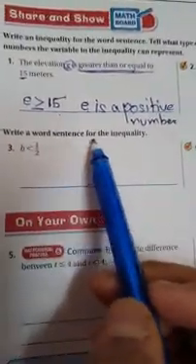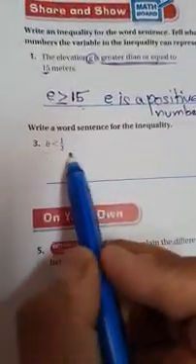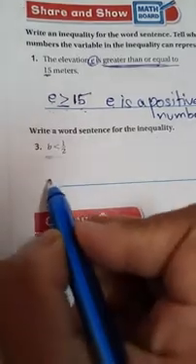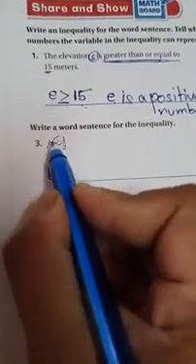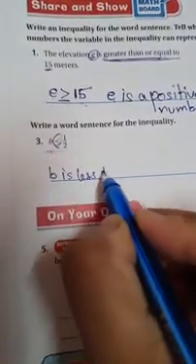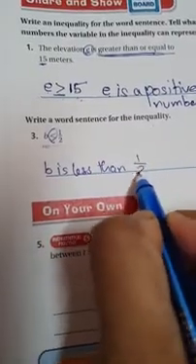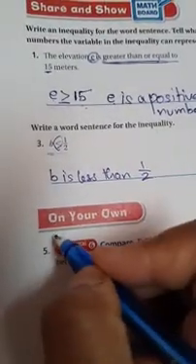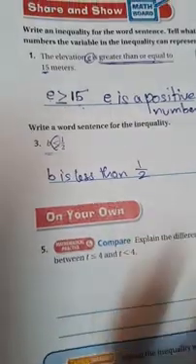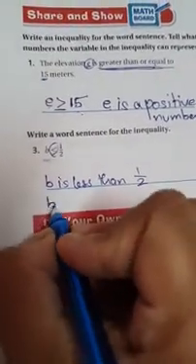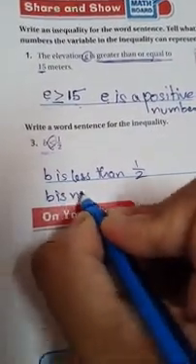Write a word sentence for the inequality. Now you just have to say what this word sentence means. So B is, what is the symbol? Less than half. That's it. If you're using the proper, correct, perfect English way, you have to say B is no more than